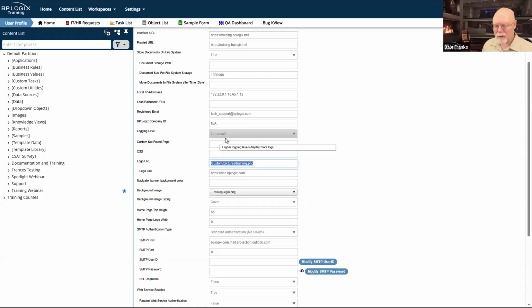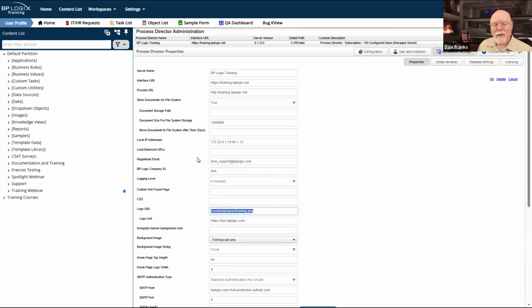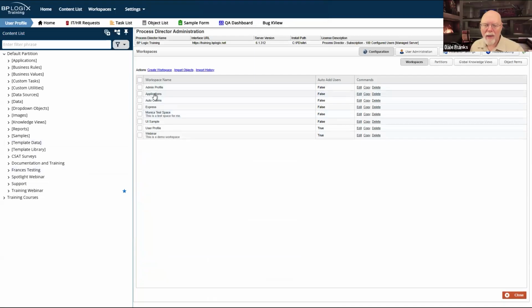Another thing about logos, and we don't talk about this much because for the most part, people have a single logo and they want to show it in the entire system. But you don't have to. Something else you may want to consider, and this is not really a best practice, it's one of those decorative things that you should think about, and that is going into your